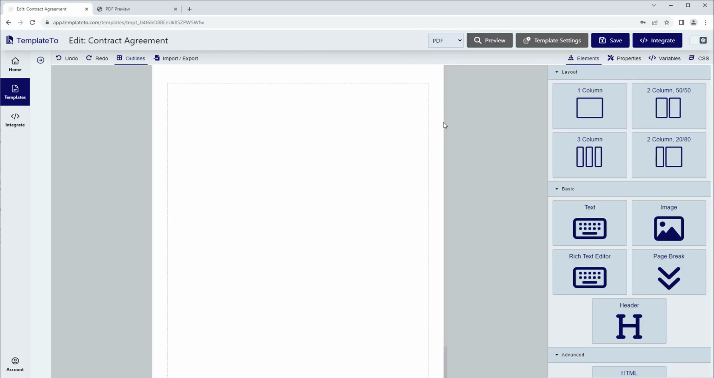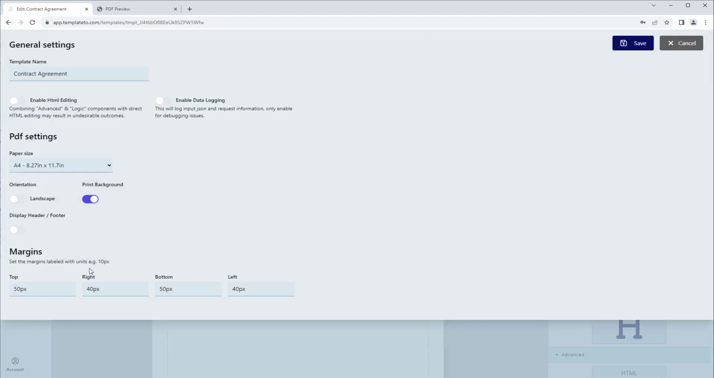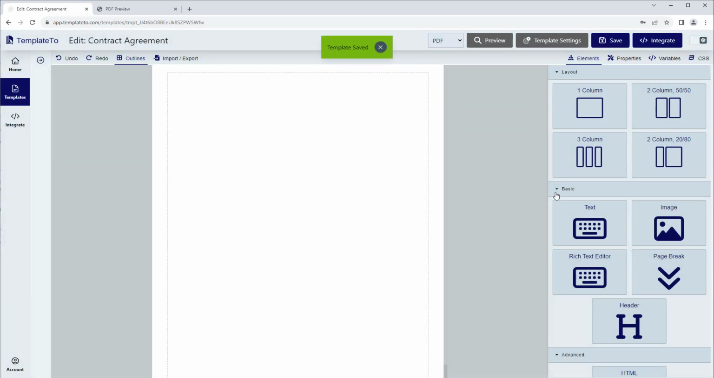Notice there's space at the top and at the sides. That space relates to your margin settings. I'm going to bring my top and bottom margins in a little bit, so like so. Okay,